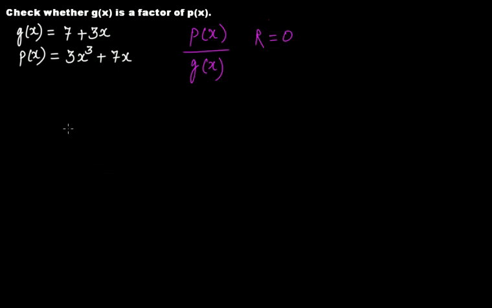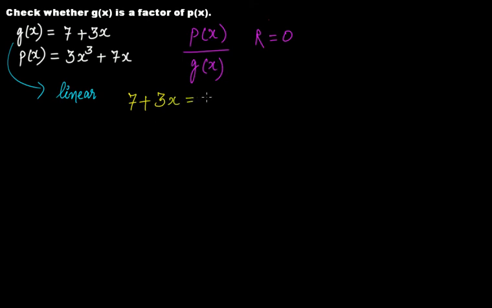Now if you look at this divisor g(x), it's a linear polynomial, because its degree is 1. Since g(x) is a linear polynomial divisor, we can use the remainder theorem here. So first find out the 0 of this